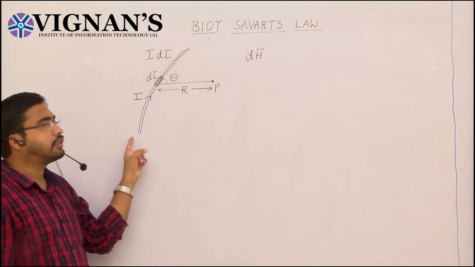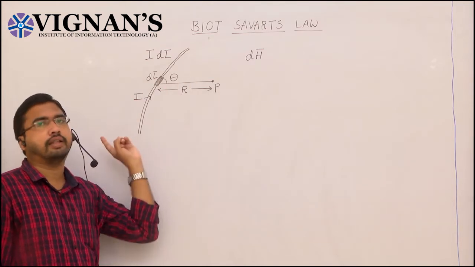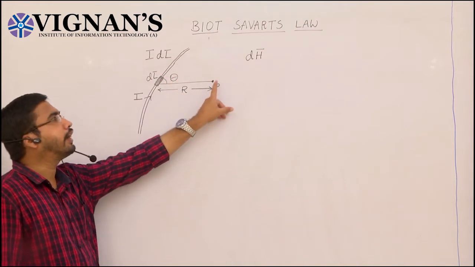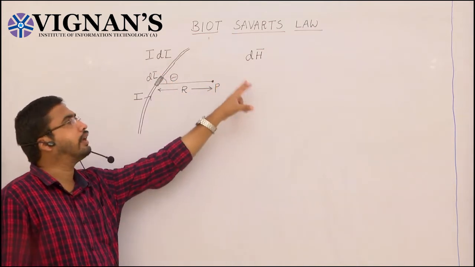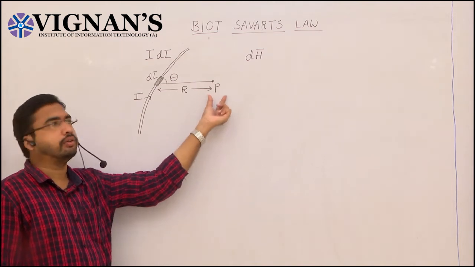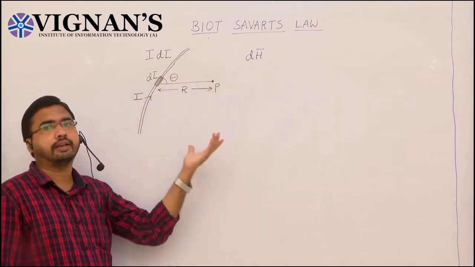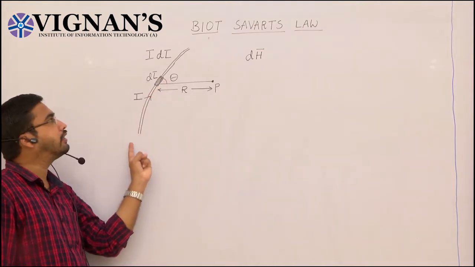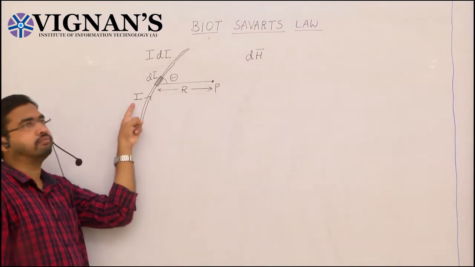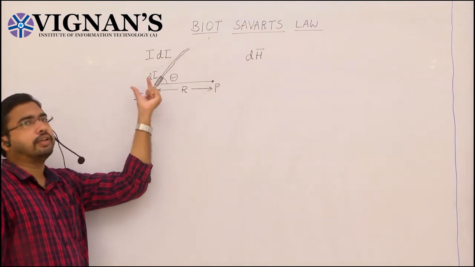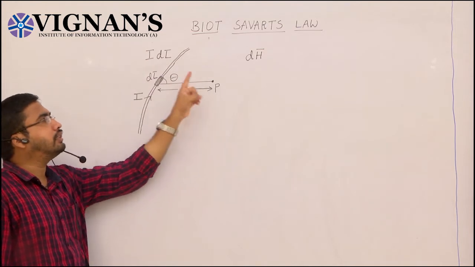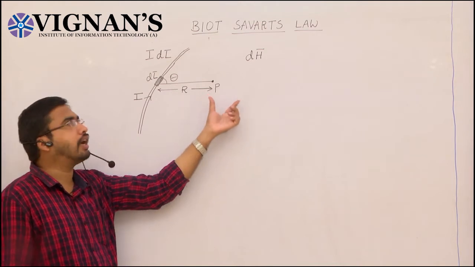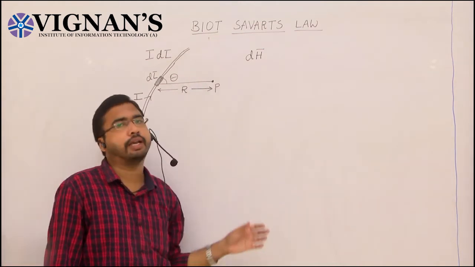Here they have considered one current carrying conductor of some length L, and due to this current carrying conductor we need to find the magnetic field intensity H at a point P. So instead of considering the whole length at a time, first we will consider a differential length dl, and the current that is flowing in this conductor is I. So due to this differential length dl, the differential magnetic field intensity dH at this point P we are going to obtain with the help of Biot-Savart's law.